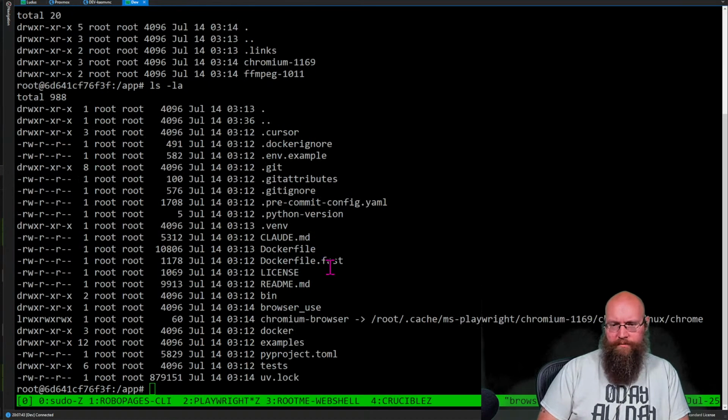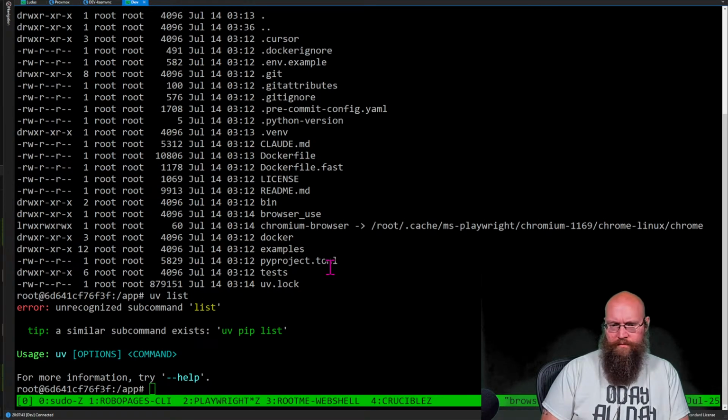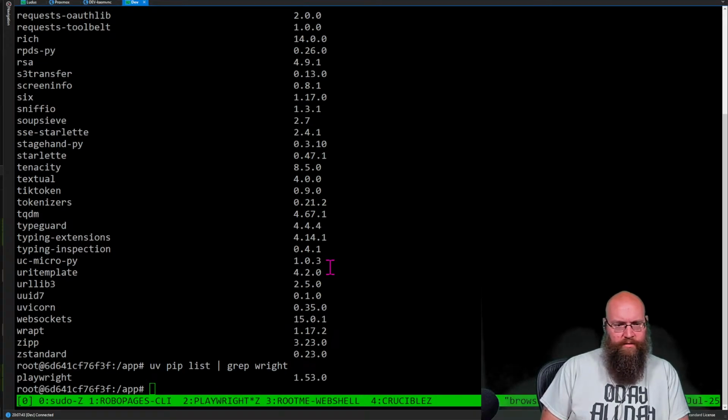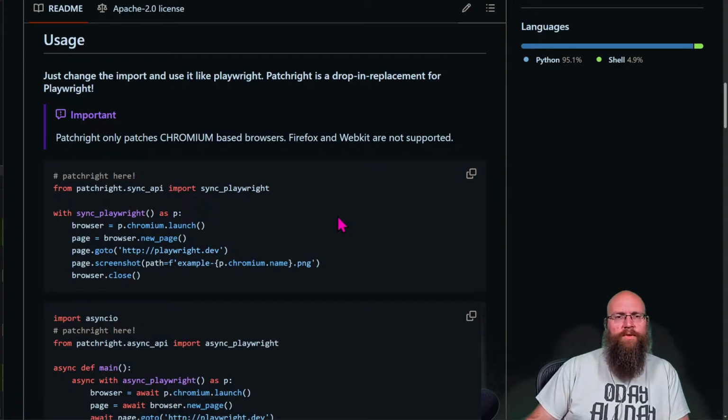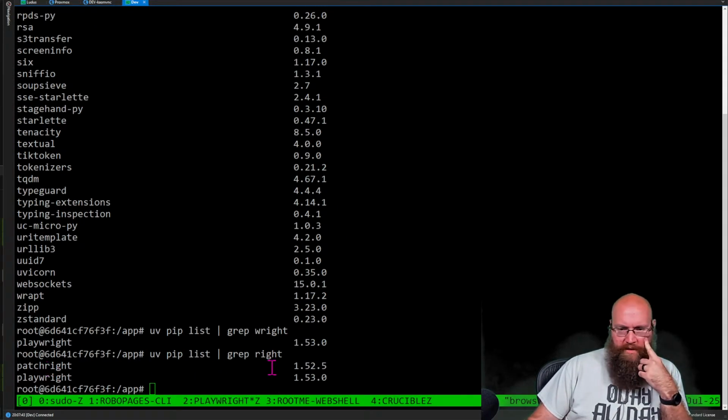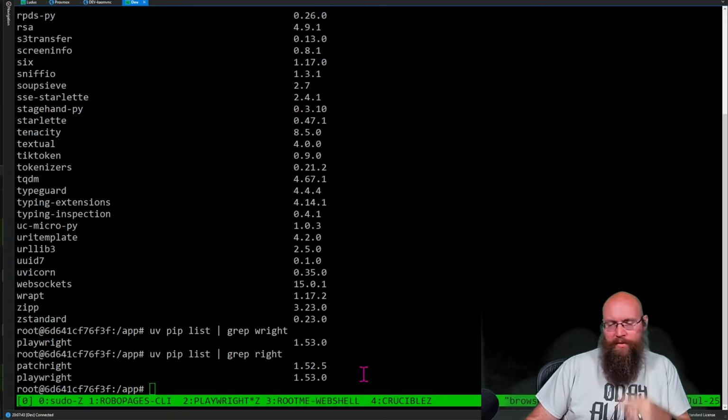Look at something real quick. Let me see which versions actually got installed. Let's do HackBot. Right. This is called Patchright. So we did install Patchright 1.52 and Playwright 1.53.0.